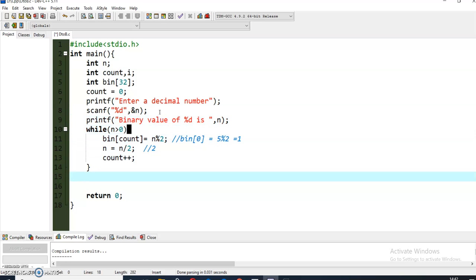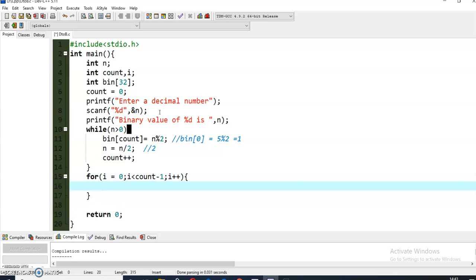Now I will print the binary value. So I will be using the for loop, for i = 0, i <= count - 1, i++, and in that I will just print the binary digits.